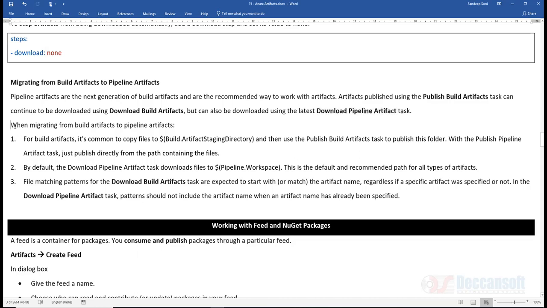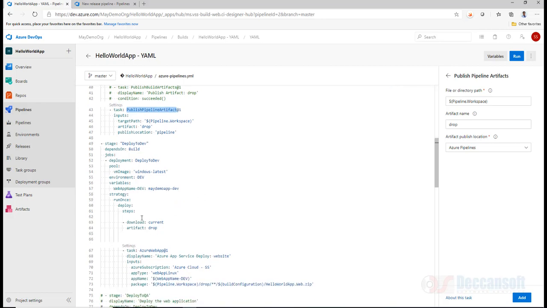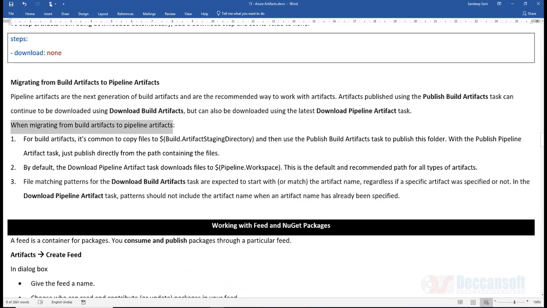Now when you are migrating from build artifact to pipeline artifact, all the time we have been using build artifact, and gradually Microsoft is recommending to update to publish pipeline artifact. From here we are going to this, and likewise here we are using download pipeline artifact instead of download build artifact. Now what is it that you should know?